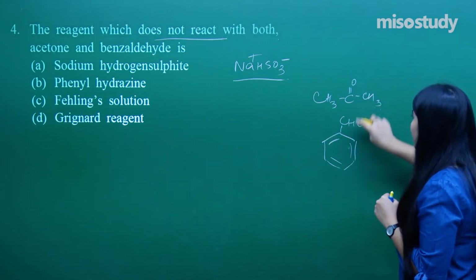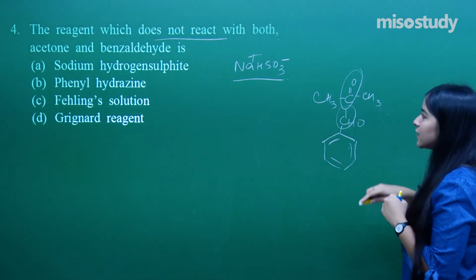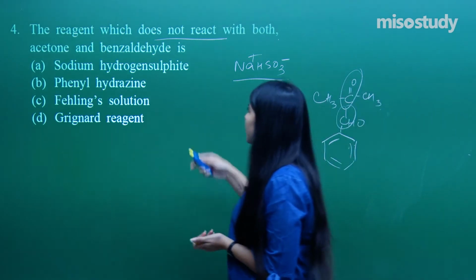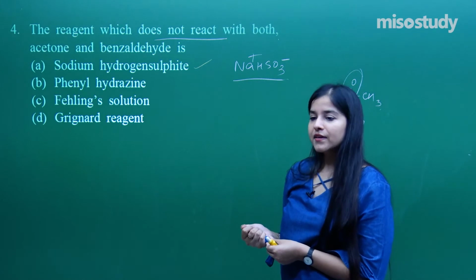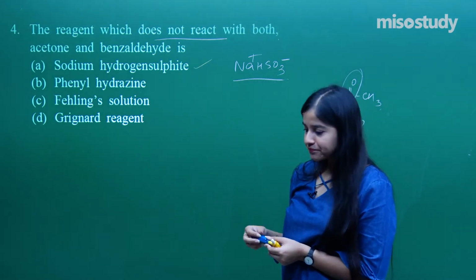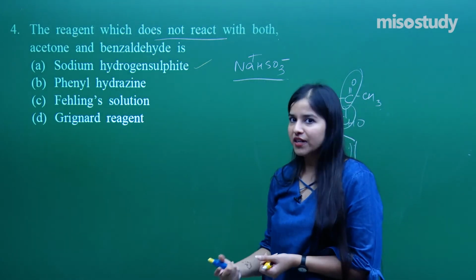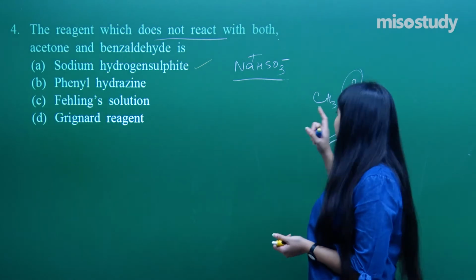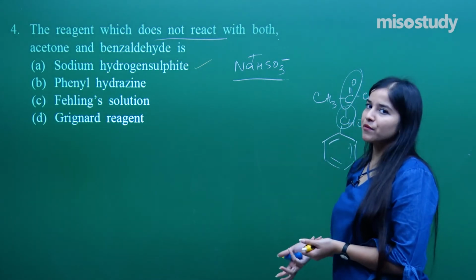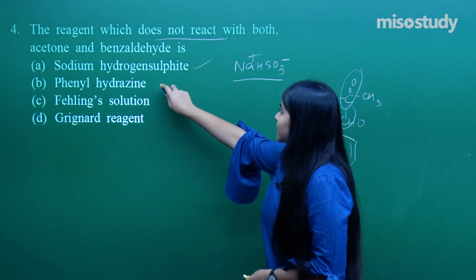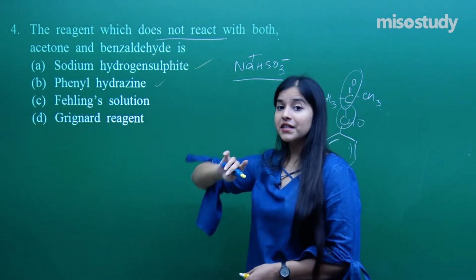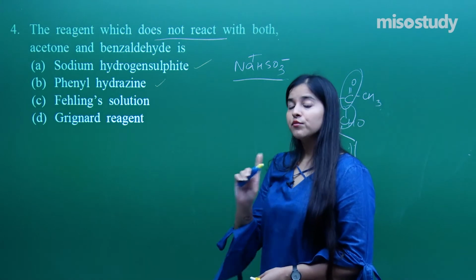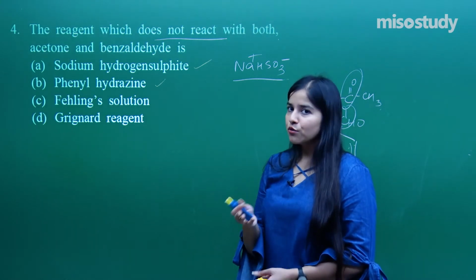And in both of them there is polarity because of the carbonyl group, right? So definitely this is going to react. Phenylhydrazine. You must have learned about phenylhydrazine as one of the nucleophilic addition reactions which aldehydes and ketones are capable of, right? So phenylhydrazine, there is no point, it will react with both of them, right? I am not going into the detail of this particular reaction because I am assuming that you have seen my